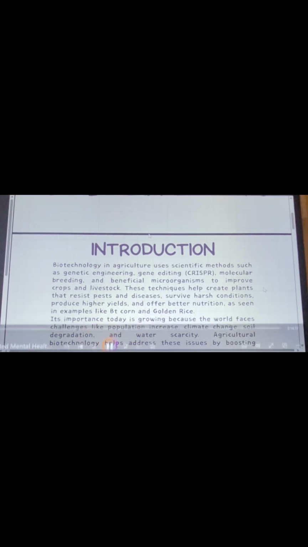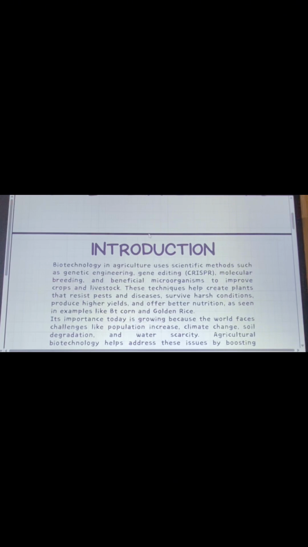Today, we'll be discussing biotechnology and its impact on society. Biotechnology in agriculture applies scientific and technological methods to improve crops, livestock, and other agriculture products. Techniques include genetic engineering, gene editing like CRISPR-Cas9, molecular breeding, and using beneficial